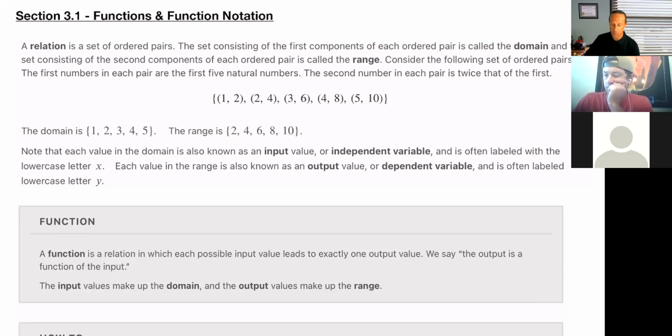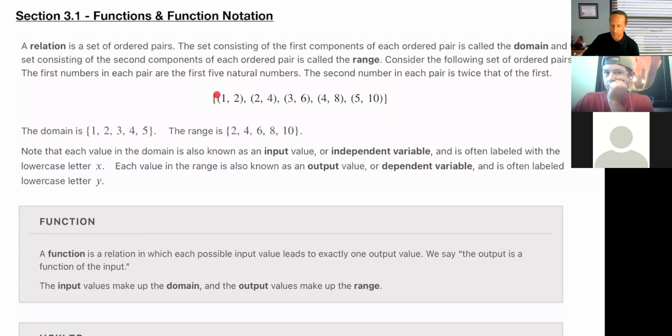In order for there to be a relation, which is just a set of ordered pairs, we're going to talk about all those inputs and give them a name, and all those outputs and give them a name. You should be familiar with that. That's domain and range. These curly braces denote what is called a set, a list